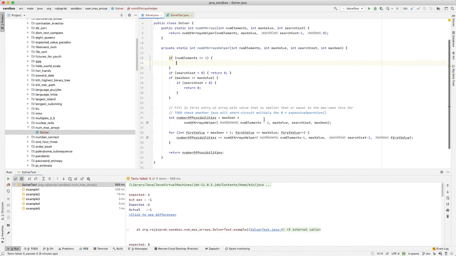So we're going to sidestep all the num elements minus 1s, which can lead to 0 values by just saying, if the number of elements is 1,